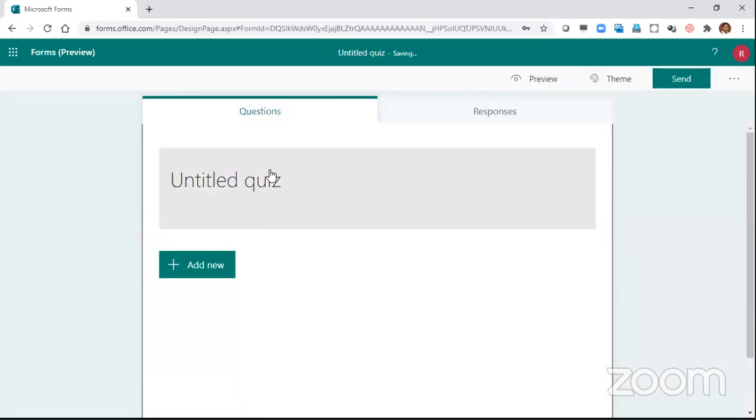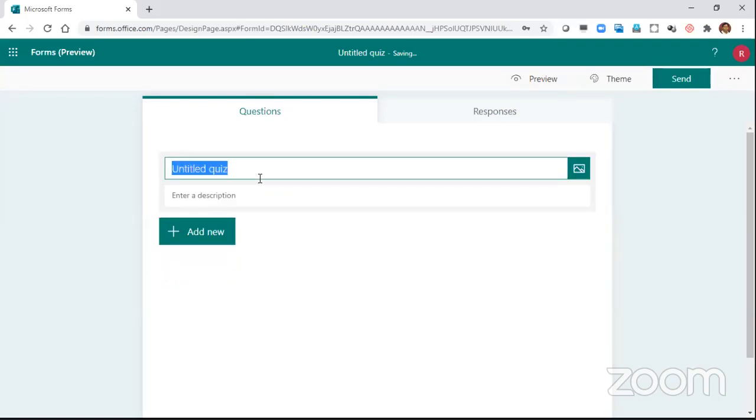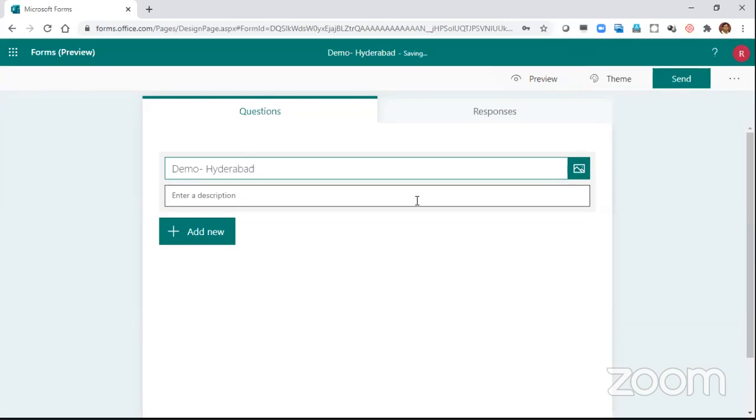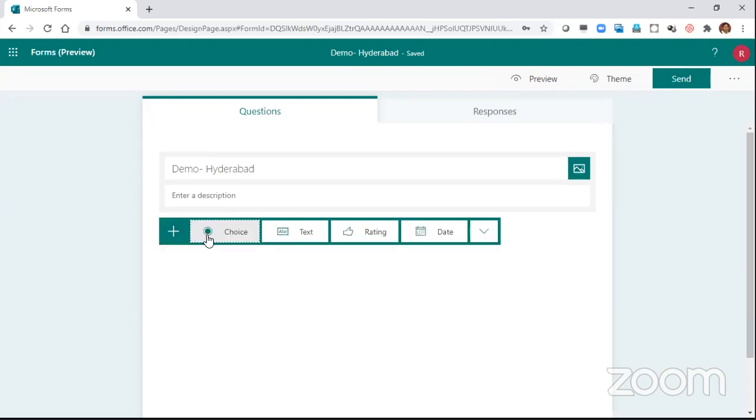Untitled quiz, let me give it some name. Demo Hyderabad. You can give a picture if you wish, and enter some description. All that we could do by ourselves, no issues. Now, question types: choice, text, rating, and date. Let me just keep it simple.